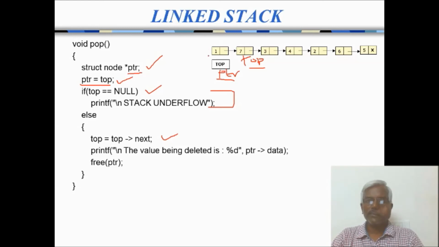In case I want to use this first element for some other purpose, I can do that. Pointer of data, that is the one available in this node. I simply display that value because this is going to be deleted hereafter. So I inform the user that I am now going to delete this node. Then what are you going to do? Free pointer. Free pointer means this pointer's node is going to be deallocated. Now this is our new linked stack after the pop operation.